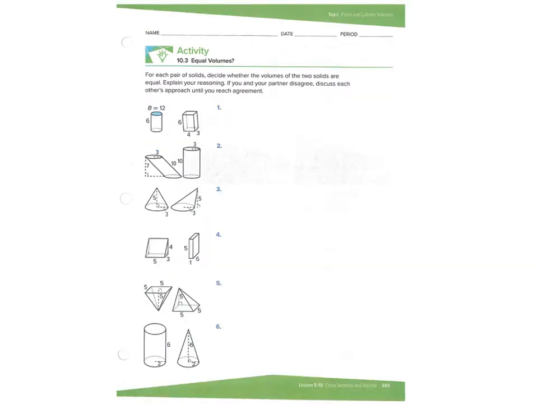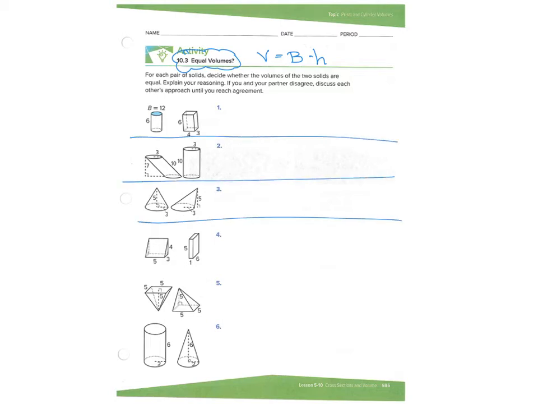So let's take a look at some of these diagrams. These are not necessarily oblique pictures. In this activity, we're supposed to be pulling together what it means to have equal volume. In other words, what is my base area times my height? Would that value be equal? So let's take a look at several of these in this video, and the others we'll take a look at